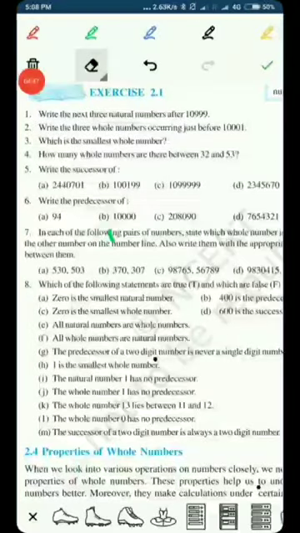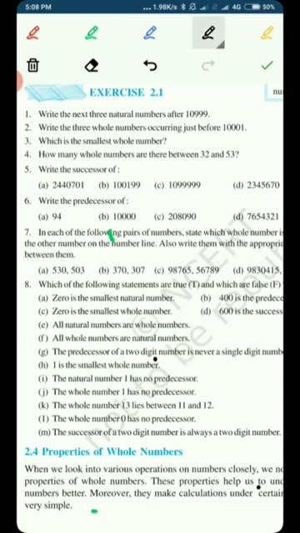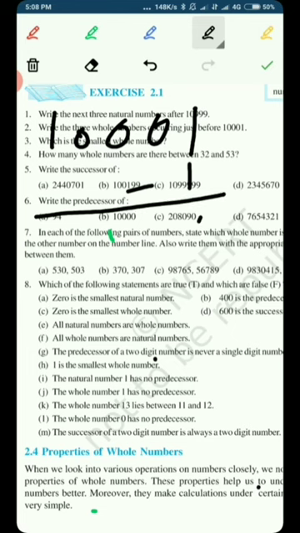Always keep in mind one thing: if they are asking you after the number, then you have to add, but if they are asking you before the number, then you have to subtract from the given number. In this question, they are asking for the three whole numbers occurring just before, so we have to do the opposite process of the first question. In the first question, we added 1, 2 and 3 consecutively to the given number. Here we will subtract 1, 2 and 3 consecutively from the given number. So let's do it. We have 10,001. To find the first number that occurs just before it, we will subtract 1 from it.